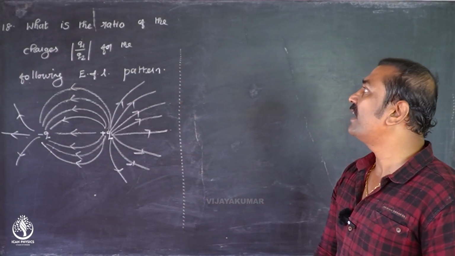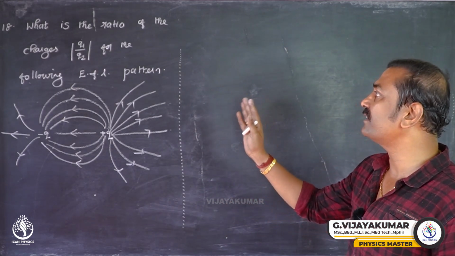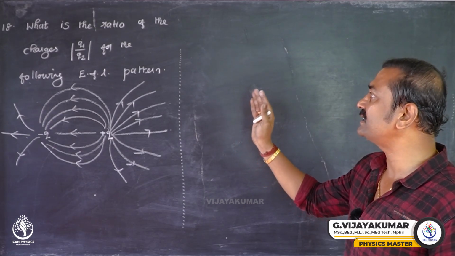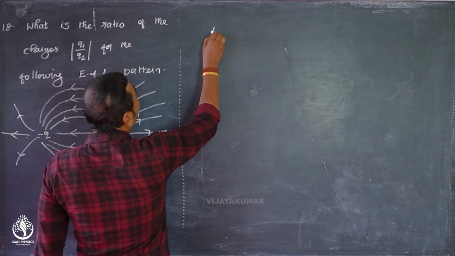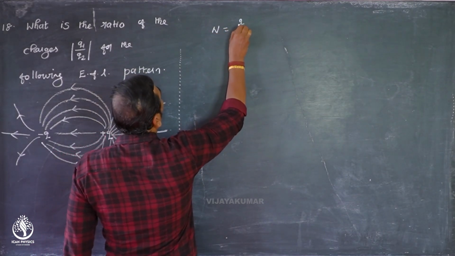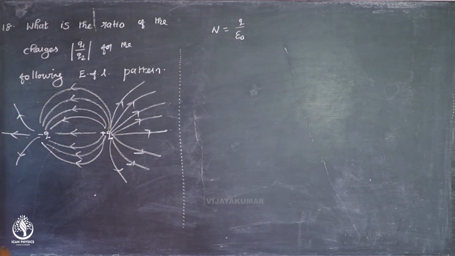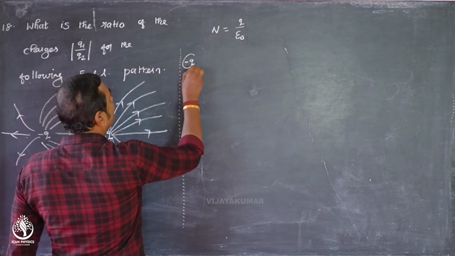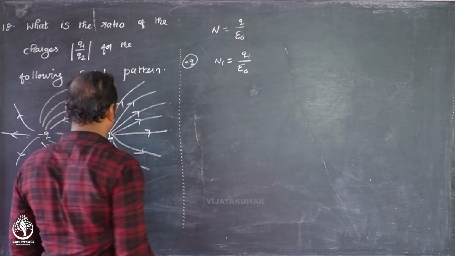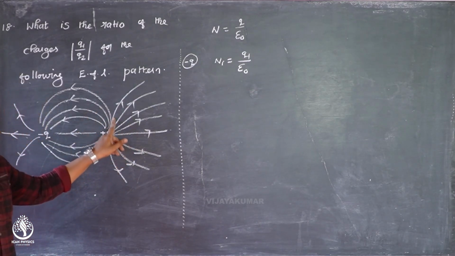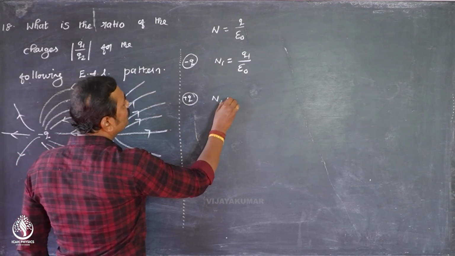So the next one is, what is the ratio of the charges modulus of Q1 by Q2 for the following electric field lines pattern? Okay. So for that, we can go for the number of electric field lines Q by epsilon 0. So the number of lines produced by the negative charge can be taken as N1 equal to Q1 by epsilon 0. The number of electric field lines produced by positive charge can be taken as N2 equal to